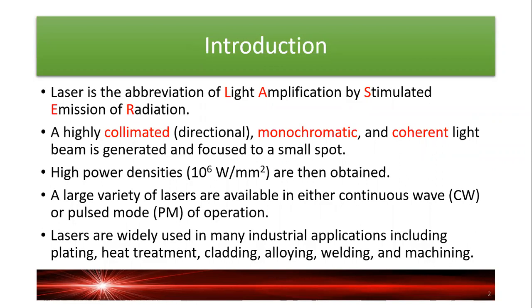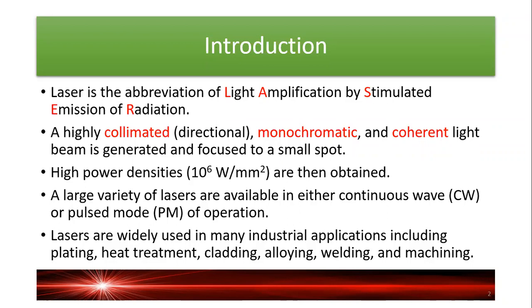And this light amplification is produced by stimulated emission of radiation, where the atoms of the laser material are stimulated and produce photons, and these photons are collected and amplified. Then you have light amplification, which is laser. So laser is highly collimated, meaning that it's directional. It's very directional and